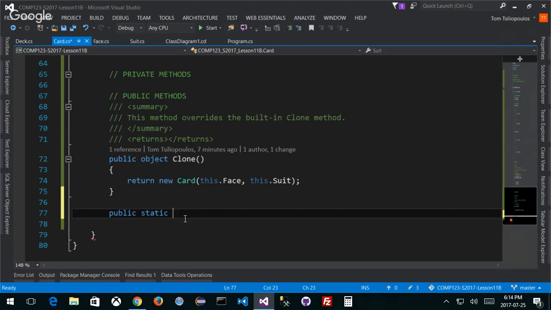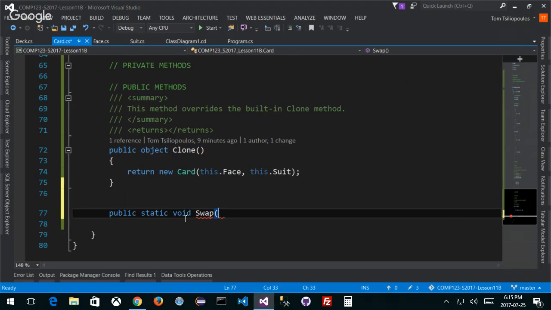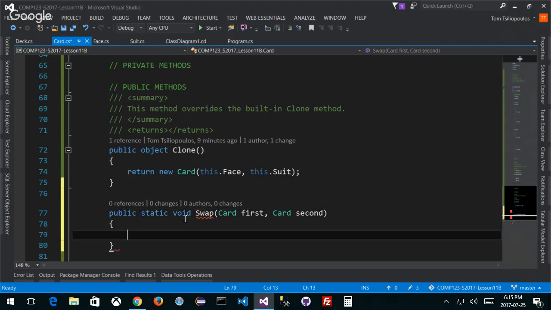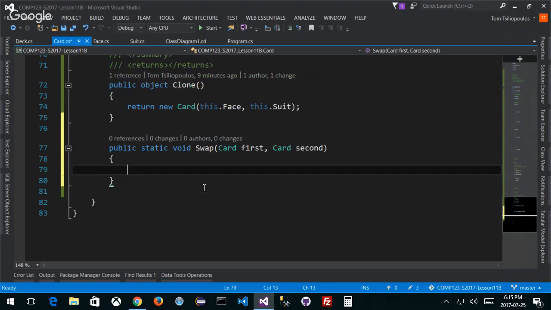So public static returns void, right? And I'm going to call it swap. I'll swap one card with another. It takes two cards. So the first one is of type card. We'll call this first card, and another card, second. And what I want to do is take my first card and equal it to my